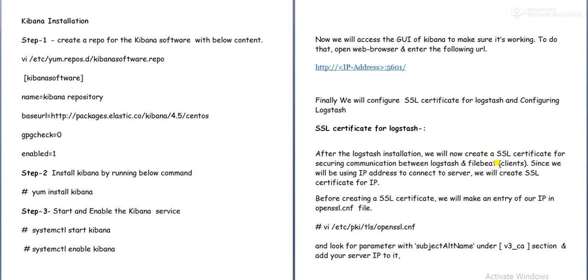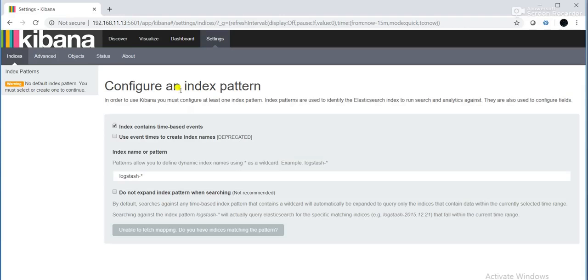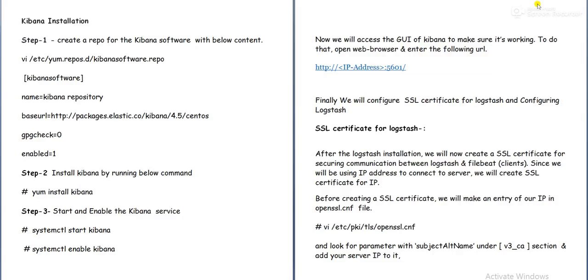Because we are not using any hostname and are accessing the Kibana dashboard through the IP, we will set up using IP only.